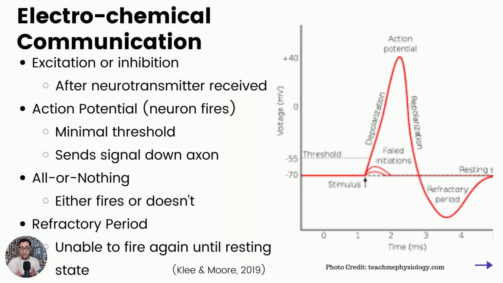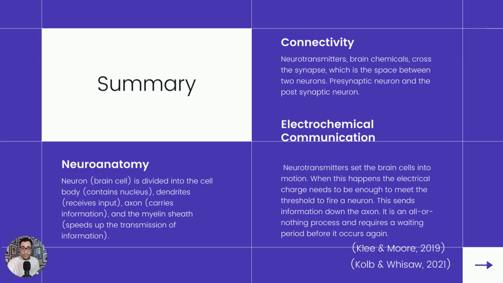And so all this is what plays a role in dopamine being released, or feeling good, or you feeling tired, neurotransmitters, neurons and all the action potentials, all that plays a role in this. So I know we covered a lot of ground, but let's summarize it up and remind you that neuroanatomy, these are the brain cells. They're divided into the cell body, which contains the nucleus, the dendrite, which receives input information,